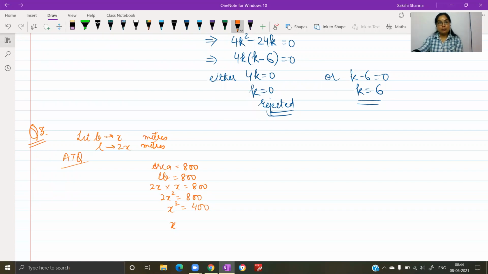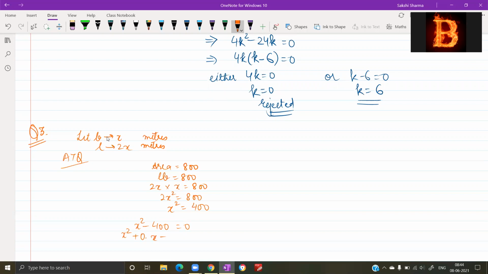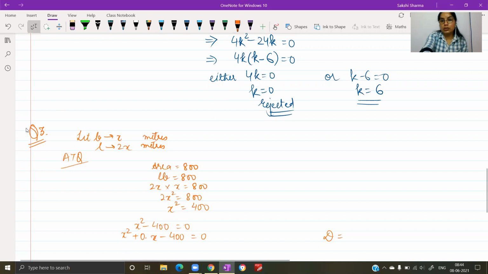Now, before you proceed, you can see you have already the answer, but put this in standard form. And then calculate the discriminant before you actually find out the answers. Discriminant आपको दिखाना है solve करके. It should either be 0 or it should be greater than 0. And you will say that the situation is possible. Accordingly, you will solve. Solving can be done using factorization. The discriminant part is to be shown to prove that the situation is possible.